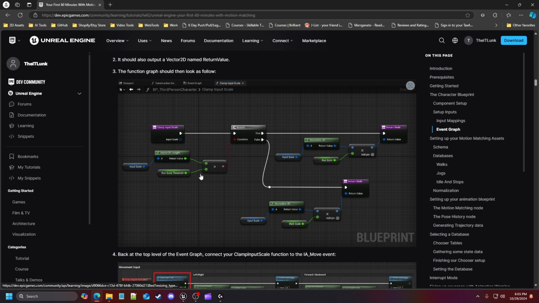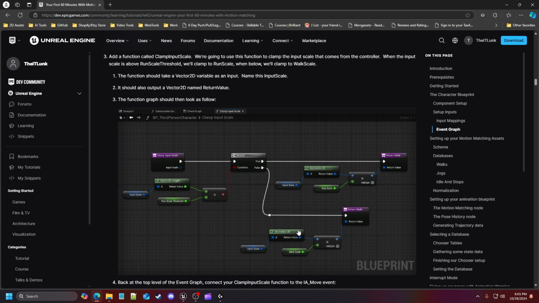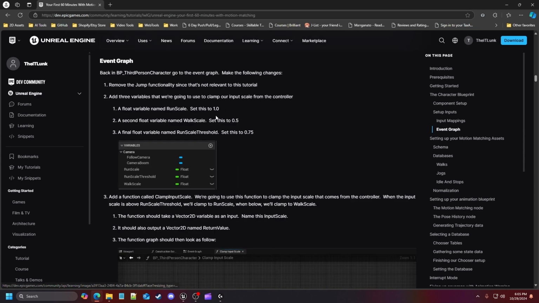When we did the full analog movement, we were setting up our return nodes for sprint, run, walk, and stuff like that. That's what this is doing in here, and this is what we set to 70% in that video. But right here, you'll see that the input scale, essentially where they're getting that, is the 2D vector scale that they're then normalizing to make it either a 0 or 1 value. And then they're multiplying it by their own run scale that they set, which you can see right here